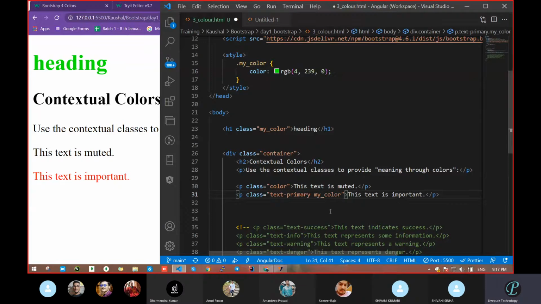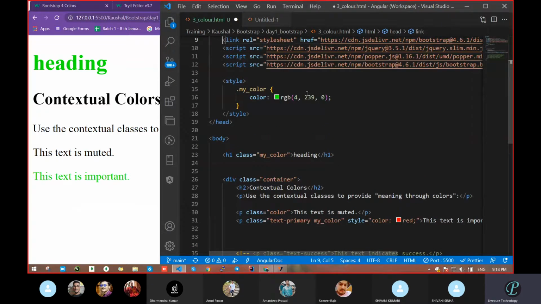What do you think the color will be? My color class is there, so green will get priority. Save. This got priority. So first external gets priority, then it comes here, then here, like this way. Clear?